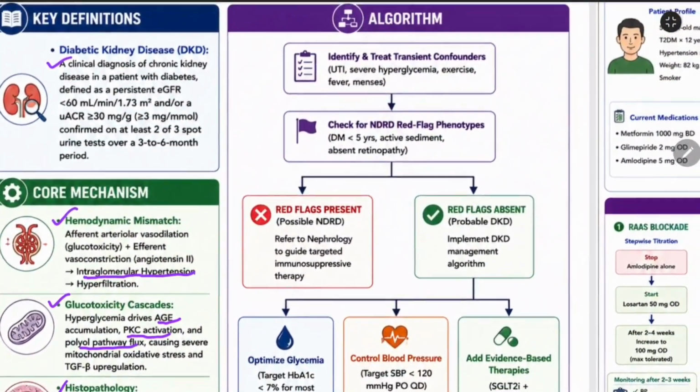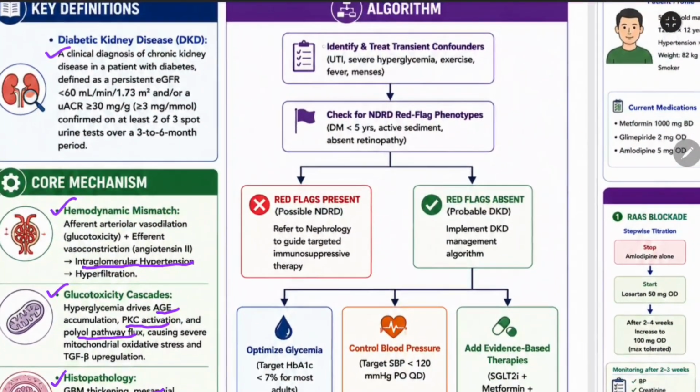So this is an algorithm for the management. Identify and treat transient confounders first. Before taking UPCR and eGFR, you should exclude these: UTI, menses, severe hyperglycemia, exercise, fever. Once these are excluded, check for